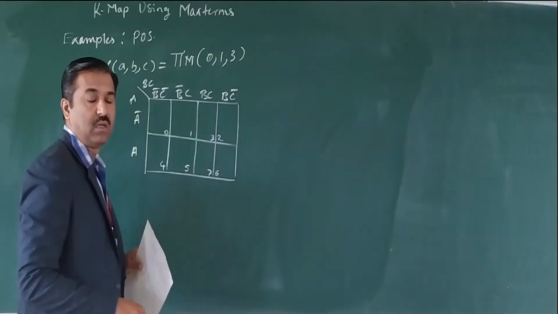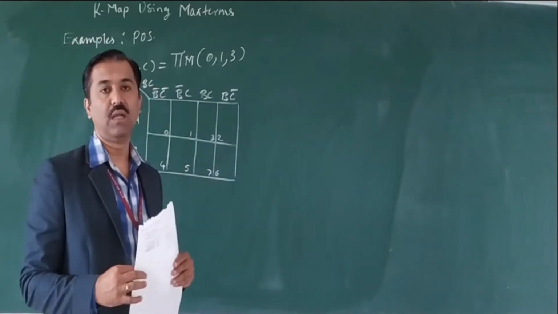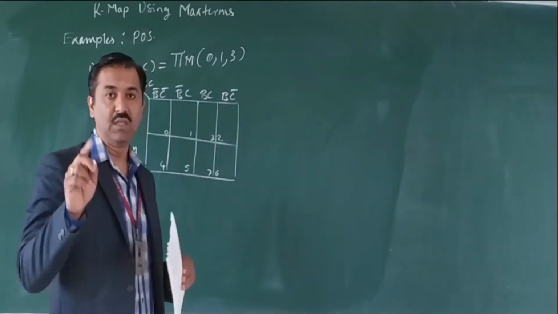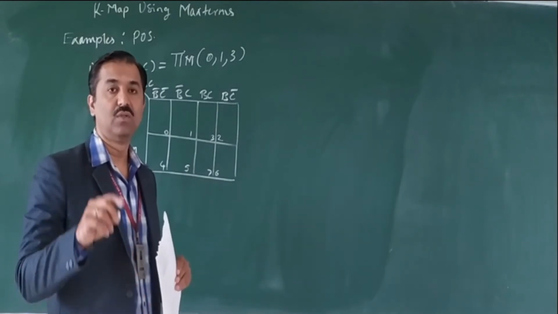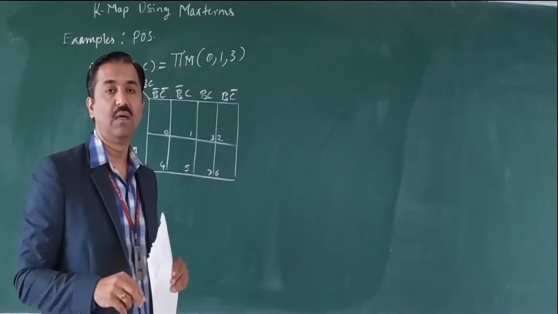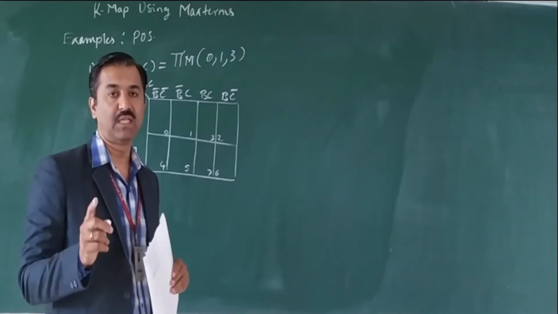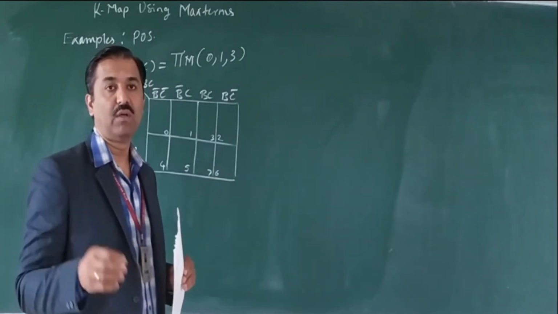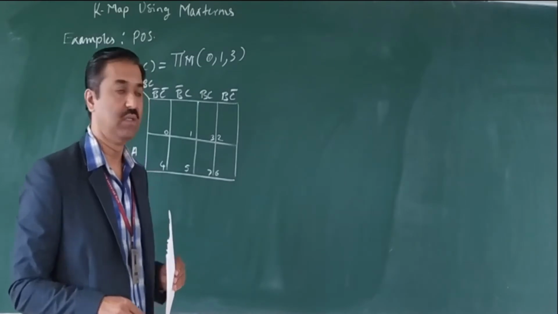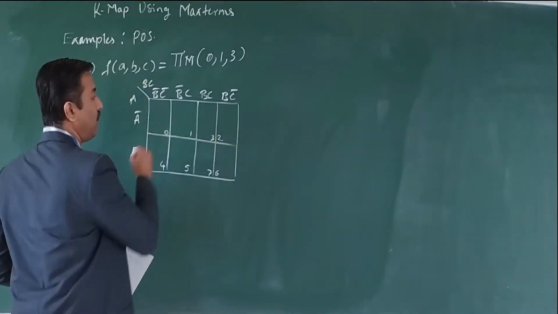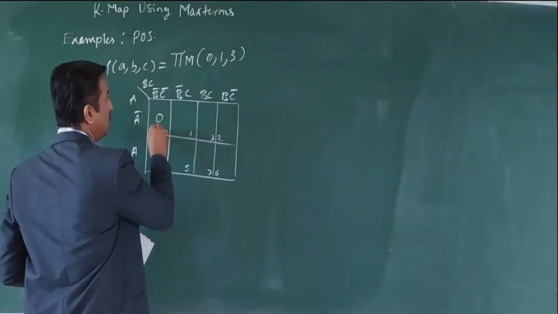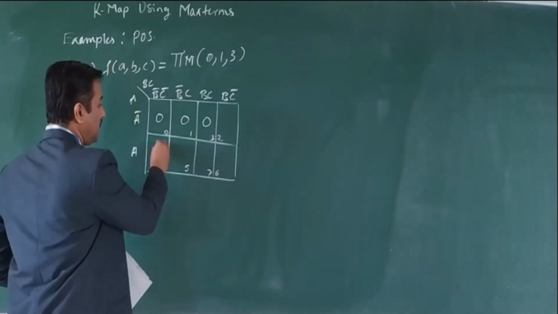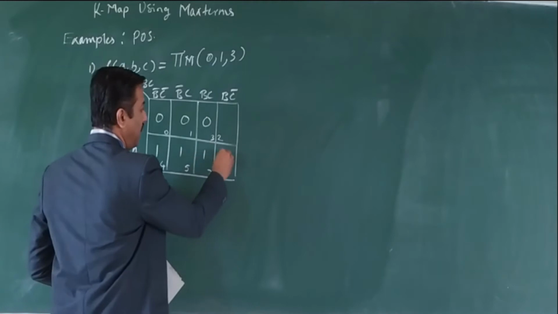So in this, 0 is considered as a max term. We are going to replace the cells with zeros, not with ones. So 1 was representing a min term, here 0 is going to represent the max term, which we have already discussed in your previous videos of product of sum and sum of product form expression. So here instead of putting ones in these cells, I am going to put zeros in these particular cells, 0, 1 and 3. The other cells obviously we are going to replace by 1.